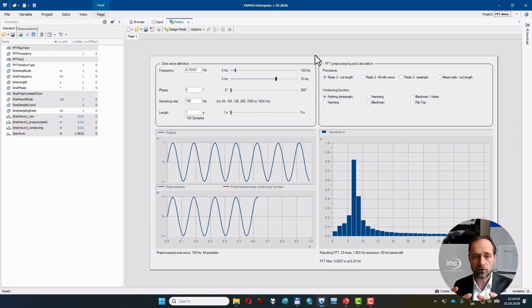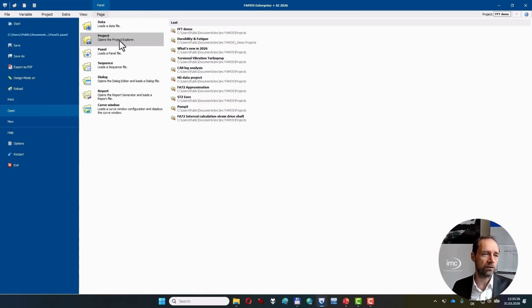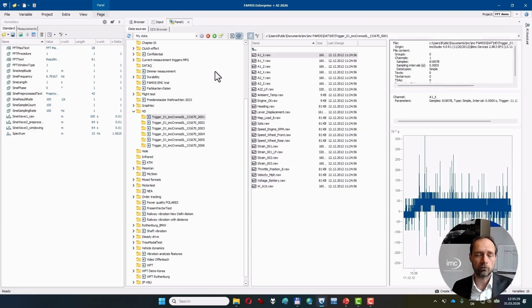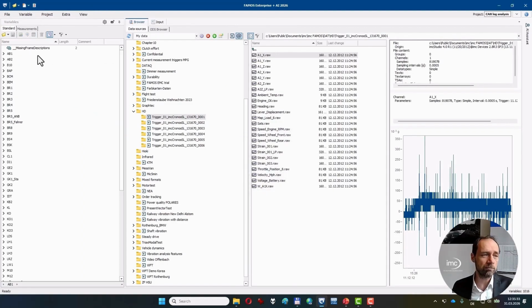Also, the projects can now include a lot more, like how the layout of the FAMOS software in general should be. For example, here the variable list is pretty normal and flat, and I have the name, unit, and the sampling time and time offset in the list. But if I go and open another project, for example, a project which is made for analyzing CAN logs, that maybe changes completely. I don't see as many columns anymore, but instead my channels, which in this example are 1000 channels, are now structured in a tree